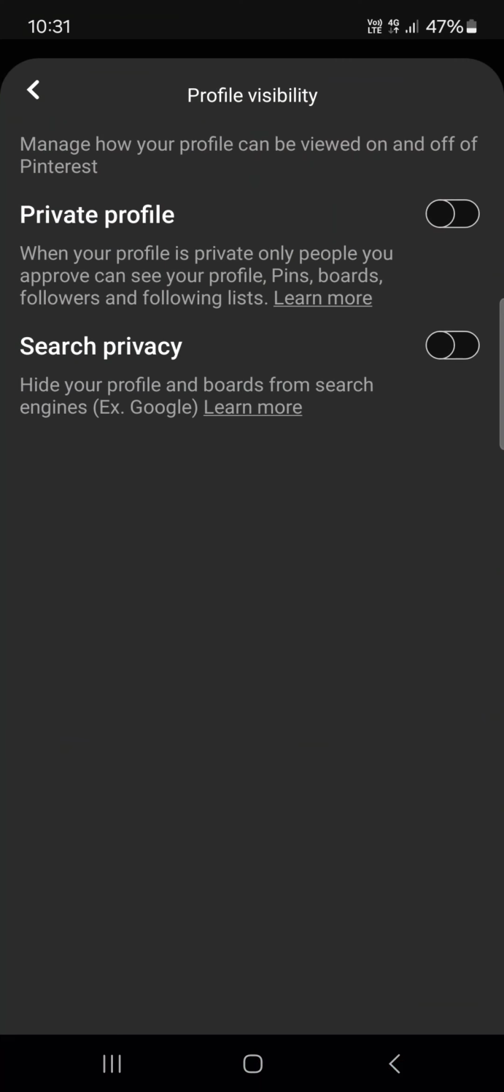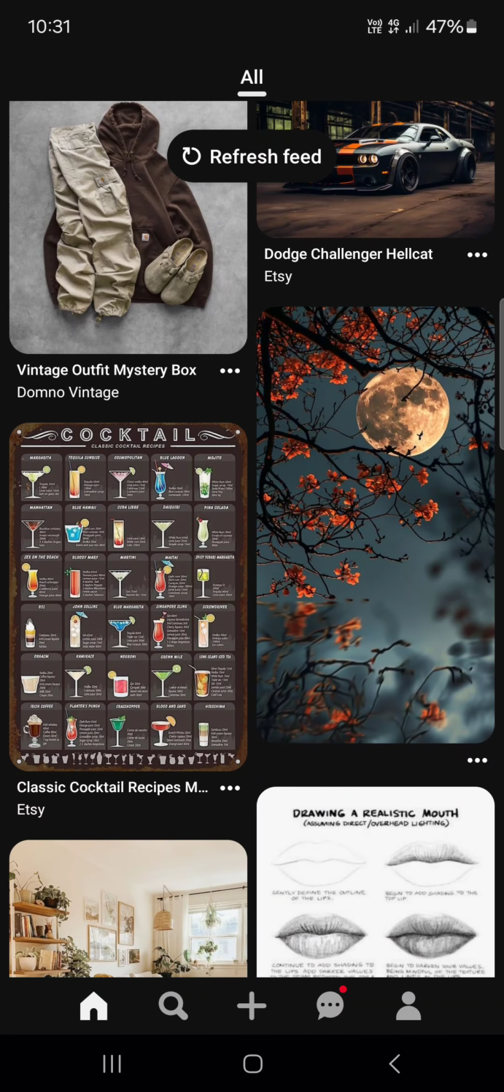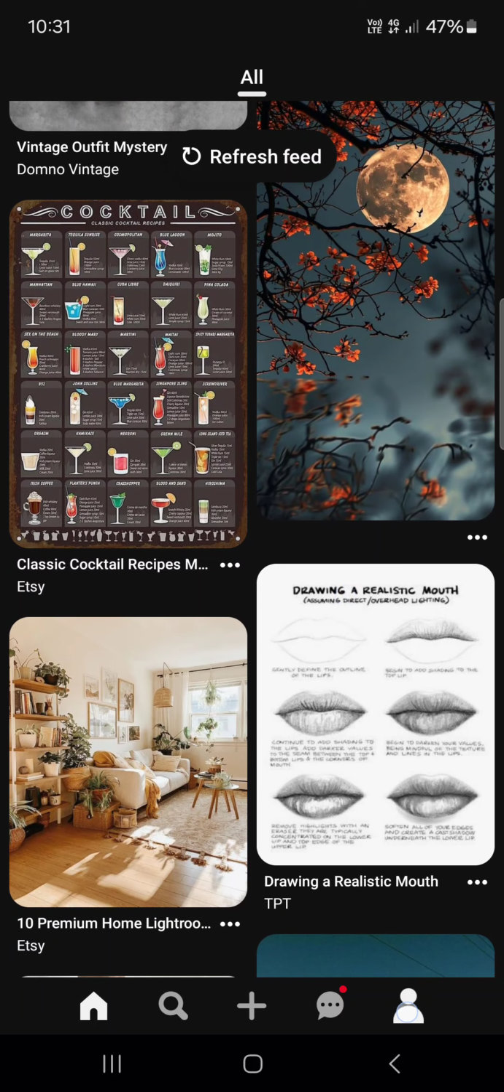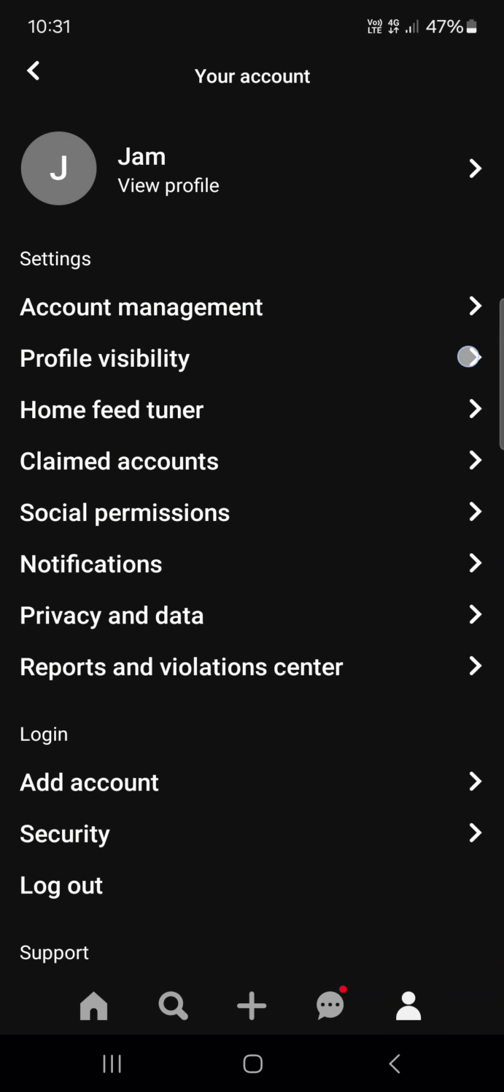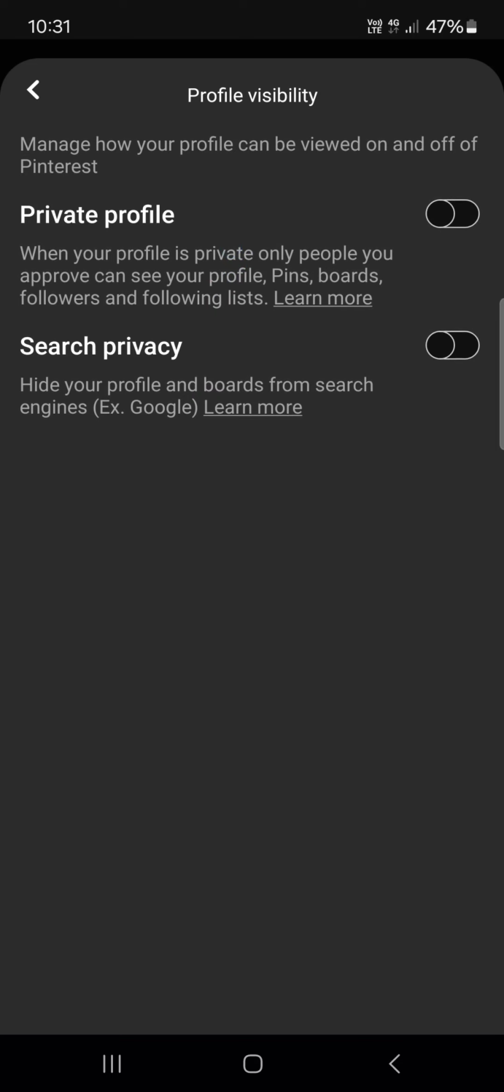First you have to open up the app. Here it opens up in the home menu. From here, we just go into the profile menu. Then we tap on profile visibility, and here at the top we find the private profile. Here we can turn this on, and then